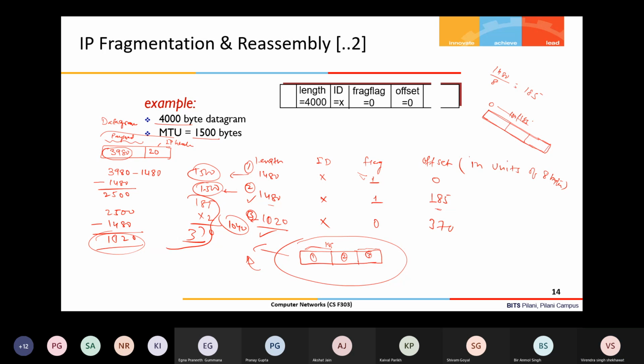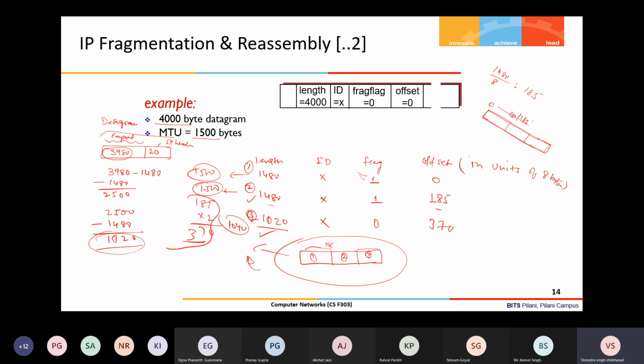This fragmentation is completely removed in IPv6. The reason is that fragmentation allows different kinds of attacks to be created by a malicious user or attacker.